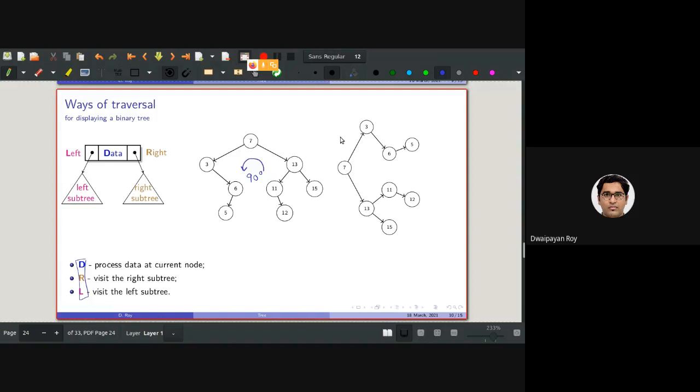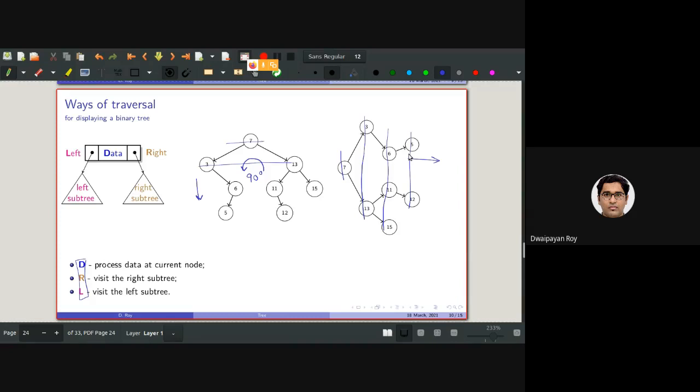Now the point is, why am I doing this? Because the tree will now be growing in this direction. Earlier the tree was growing in this direction, now it will be going in this direction. And if we handle the labels, these were the labels earlier, now the labels have become vertical. If we handle the labels in the proper way, we can manage this.